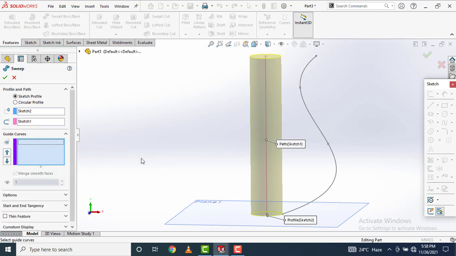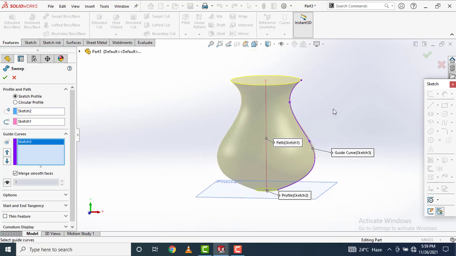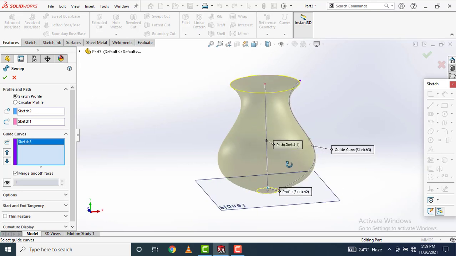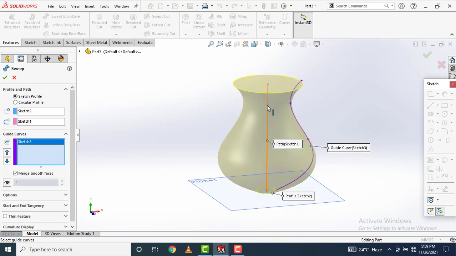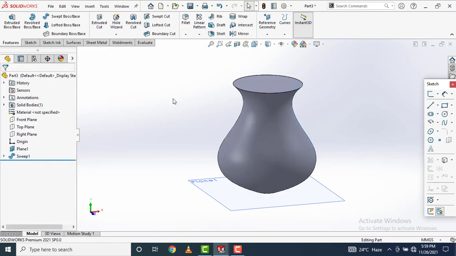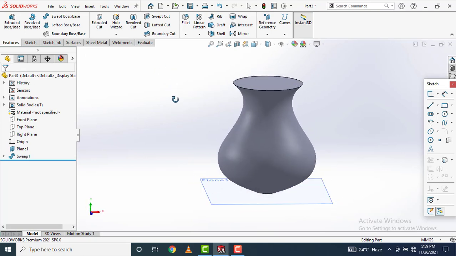And in guide curve, we will select this curve. So we have selected this sketch profile, which is following this center line and making the model of this drawn guide curve. Click OK. Now see, this is the Swept Boss feature.